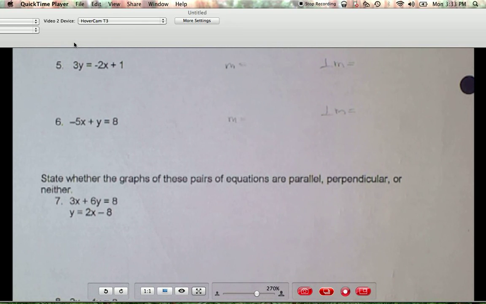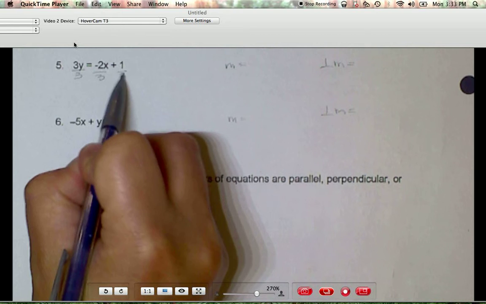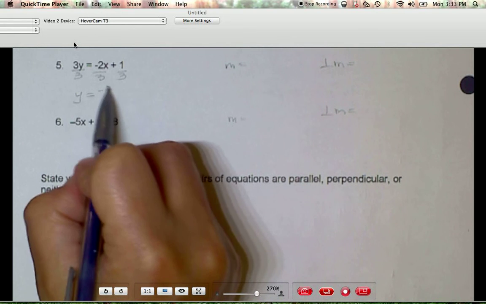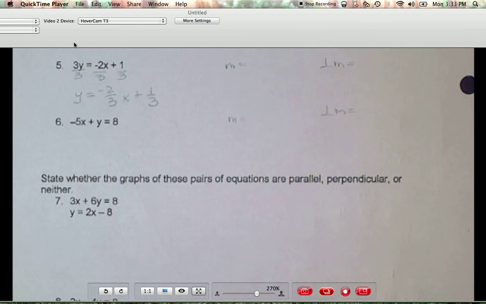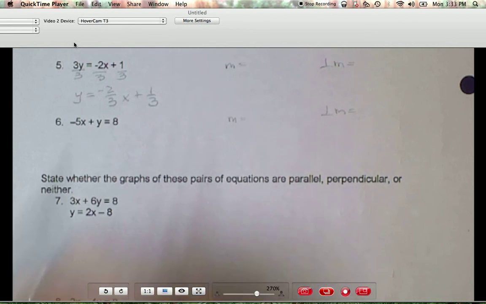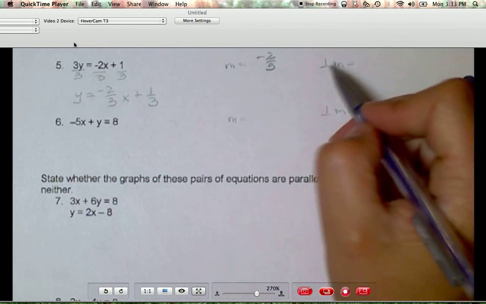So in number 5, we have to get it in slope-intercept form first, so we divide everything by 3, and we get y equals negative 2/3 x plus 1/3. So what is the slope of this line? The slope of this line is negative 2/3. And the perpendicular slope